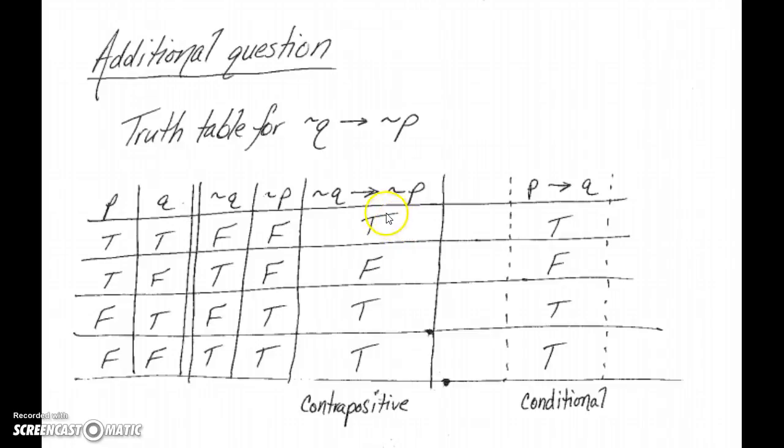Okay, our final truth table here. Notice there's nothing we can do in terms of a distribution here. We can't just multiply both sides by a negation or something to make this Q implies P. So we do need a truth table here. So we get our four rows. We know we need a not Q and a not P, so we can just flip the values of Q and then P. And if we do that, we can remember that as long as this is false, the whole thing is true, or if this is true and this is true, it's true. So there's only one case where it's not. It's the same as